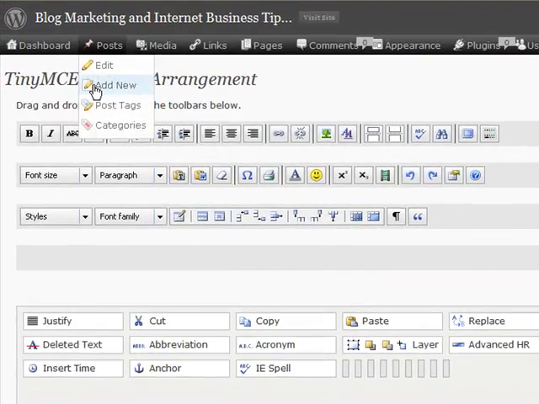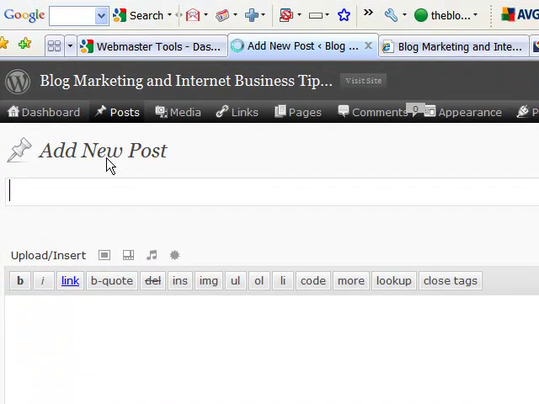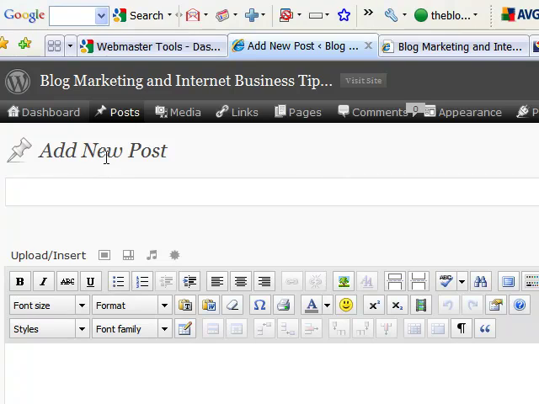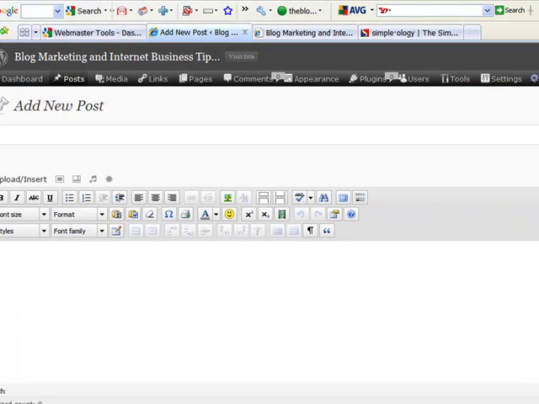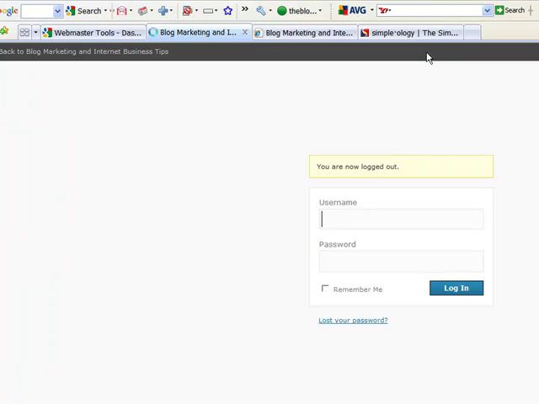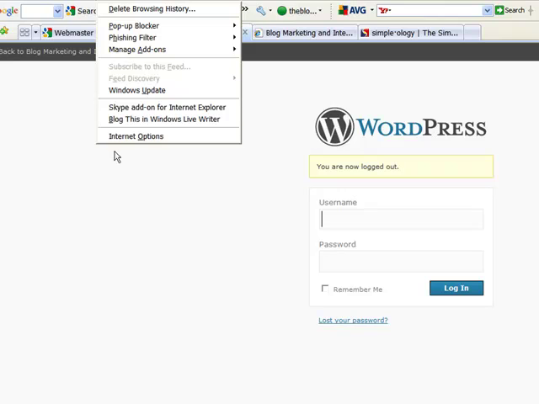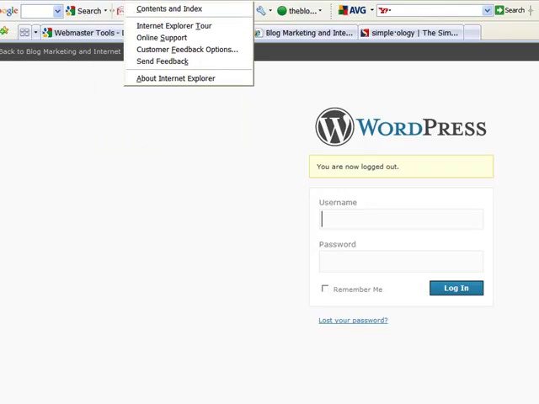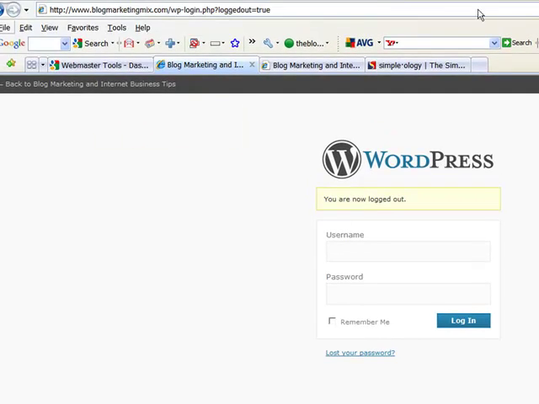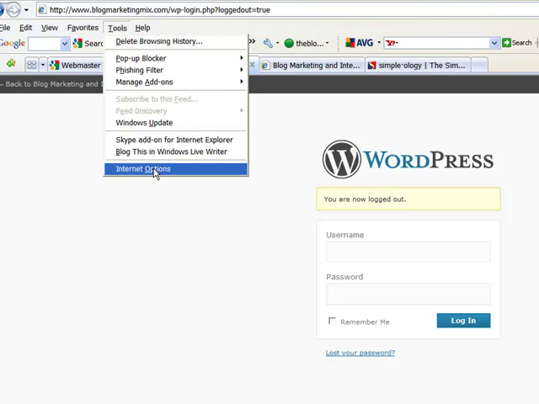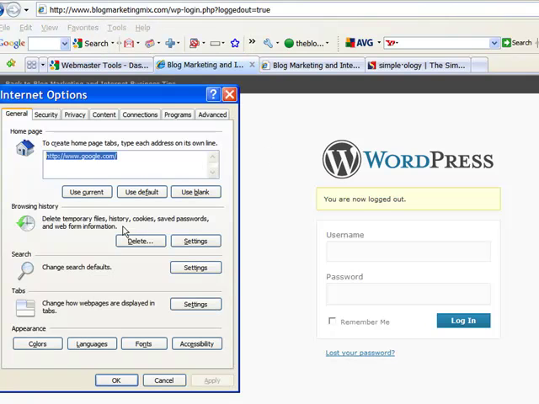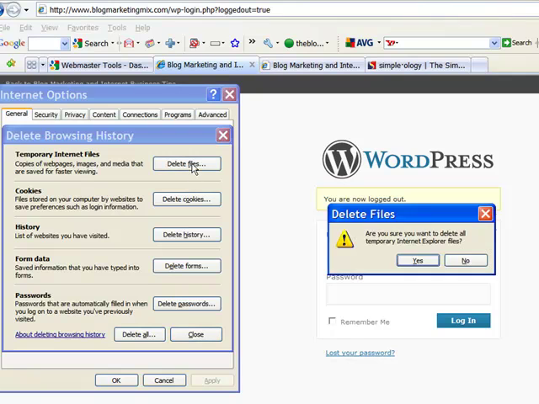When you go back to your post, you may not see that the changes have taken place. All you need to do basically is just go and log out of your site, clear your cache. Let me show you, because some people won't know what I mean by caching. I don't mean caching your blog, sorry, cache your browser. Go to Tools, Internet Options, click on Delete, click on Delete Files,